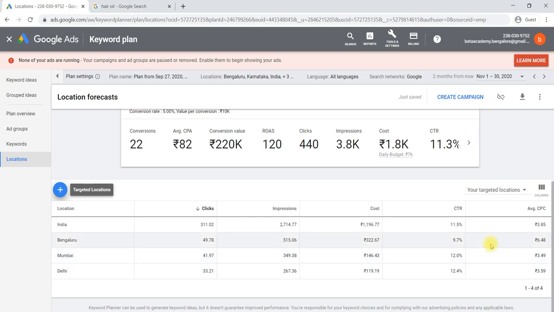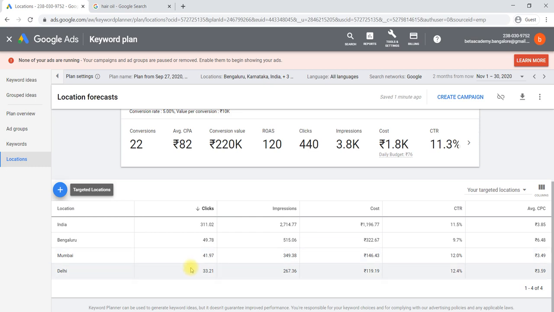These are things we can understand to target our ad. While targeting, we need to select a location. When you are positioning your ad, we need to select a location. At that time you can omit any location where you are getting a lower click-through rate, higher CPC, highest cost and lower impressions. Those locations you can omit, and you can focus only on Mumbai and Delhi to promote your product.